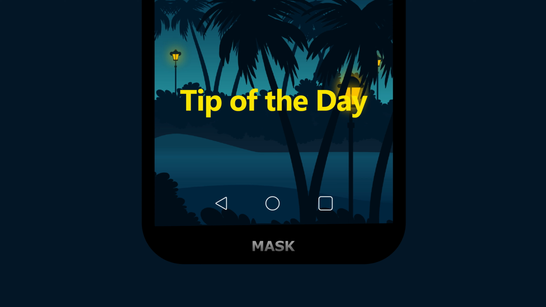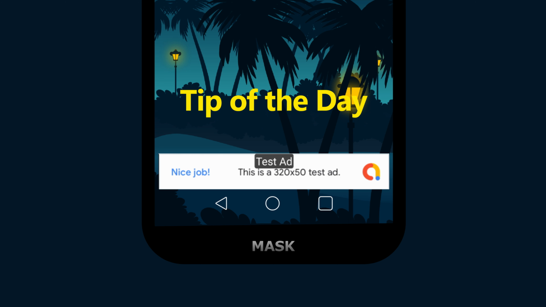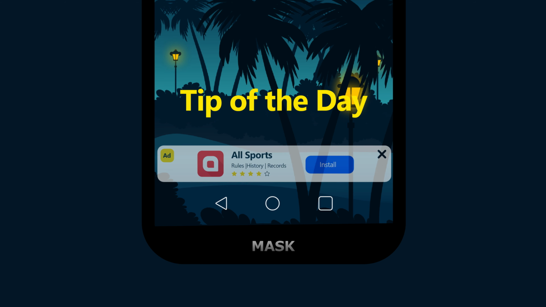Here is a little tip. If you want to make sure that your AdMob account is safe and sound, please make sure that you add your mobile phone as a test device in AdMob. When you add your mobile phone as a test device in AdMob, it will show test ads when you interact with your app. But if you do not add it, it will show real ads, and when you interact with the ads, Google will suspend your account or limit the ads on your app, which will decrease the revenue. I will create a video on how to add your mobile phone as a test device in AdMob.